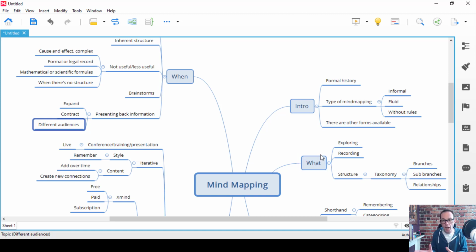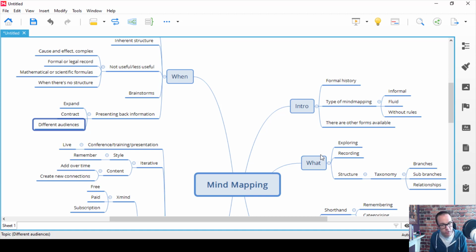What I would typically do now is jazz up the mind map a little bit. I'd add some pictures to it, and then it would be a useful artifact. Now, in closing, I should say that there are folks with different views on how mind maps should be done out there in the community, and that's absolutely fine.